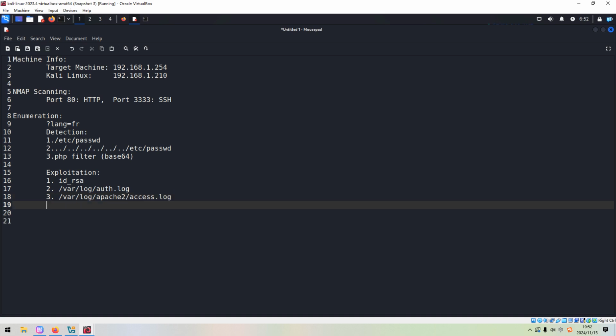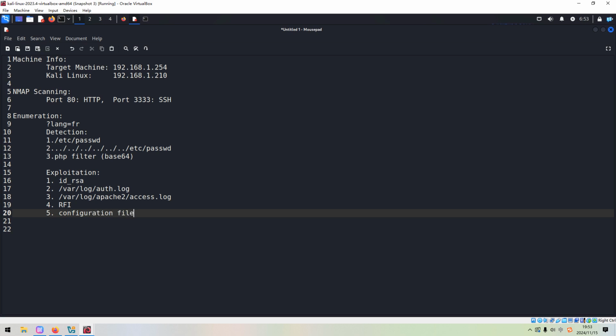Okay, and also we can try to test the remote file inclusion vulnerability. And sometimes we need to combine some other web application to retrieve the configuration file of the web, something like that.